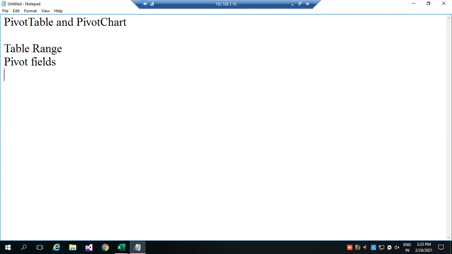Then you have to arrange the data in rows, columns, the value field, and the filter, page filter. So you have to organize which data should come in rows, which data should come in columns, on which data you want to do calculations like sum, maximum, minimum, counting. And if you have huge data, you can do page filtering.